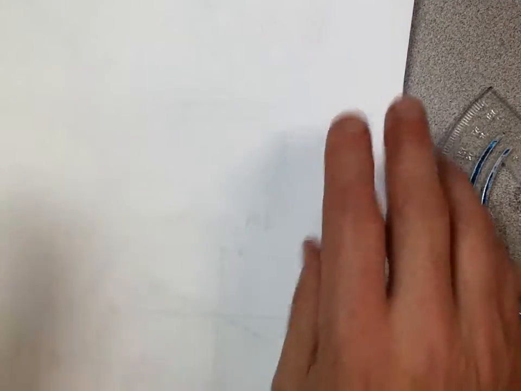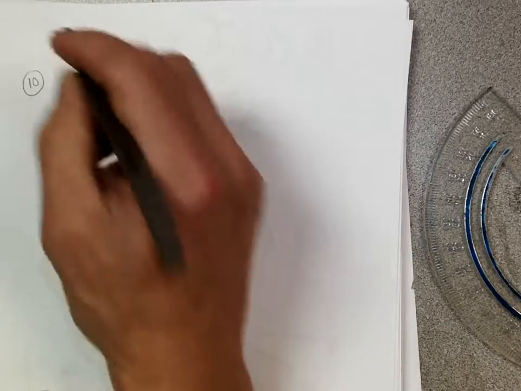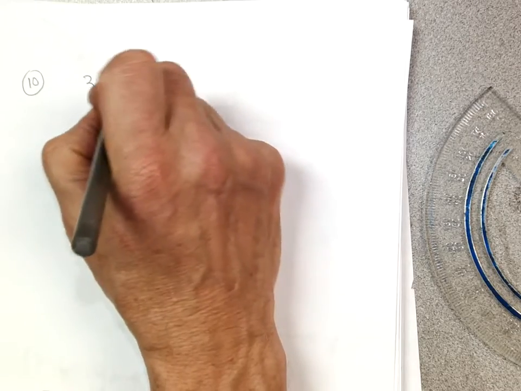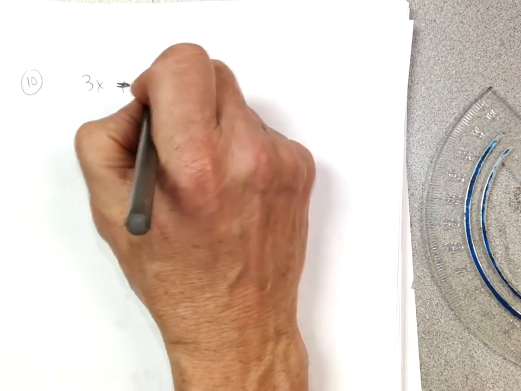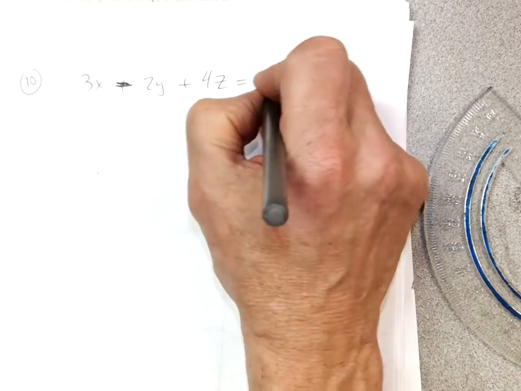Turn the page. All right, number 10. No more mistakes, Austin. No more mistakes, okay? Hold it to, okay, 10. So this is a plane. I got a 3x plus a, oops, minus, already made a mistake. There you go. Minus a 2y plus a 4z equals 24, okay? All right,